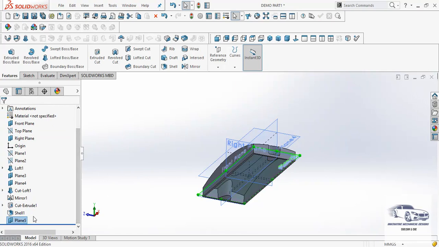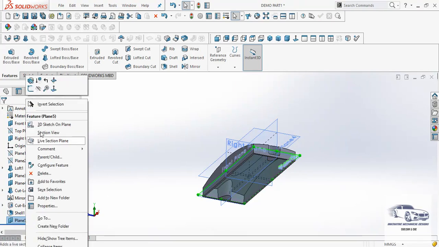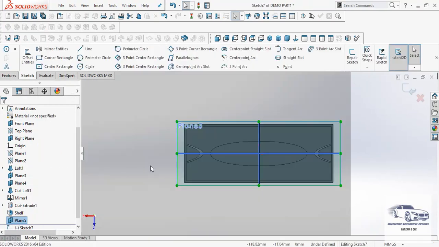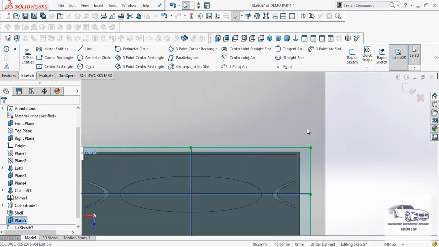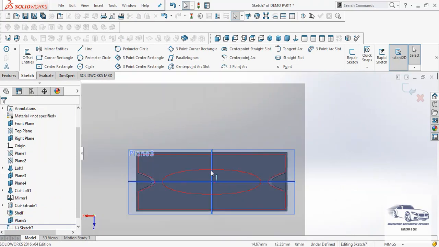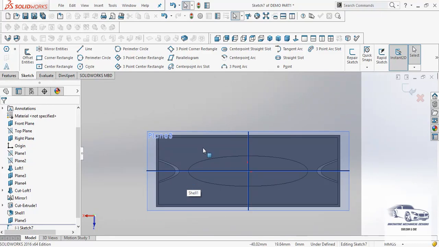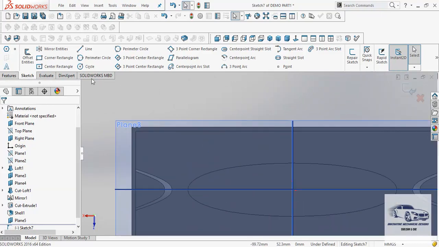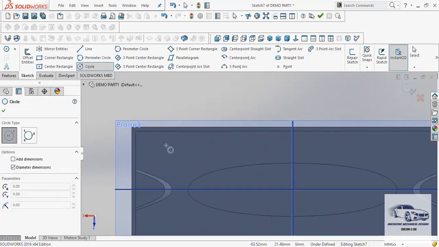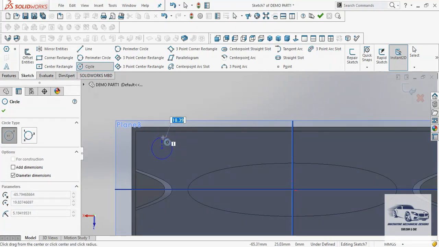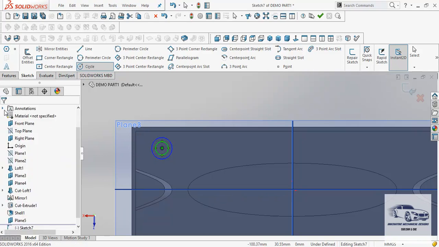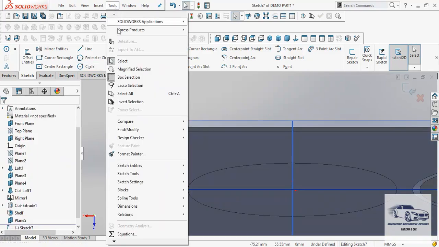And next we have to create a sketch on this particular plane. So here I will create a circle and then we will dimension it.